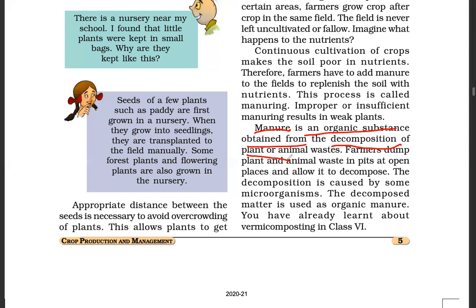Okay, so manure is an organic substance obtained from the decomposition of plant or animal waste, as I told you, right? Farmers dump plant and animal waste in pits and at open places and allow it to decompose. The decomposition is caused by some microorganisms, for example,